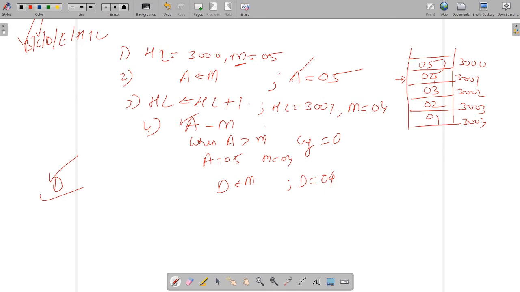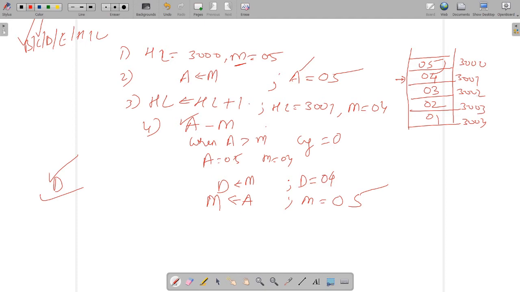You have already stored this 04 into some other register, and that register is D. So now you can easily transfer, even if it overlaps, it will not be a problem. So the A value will be shifted to the memory pointer. So now memory will be having what value? That is 05.